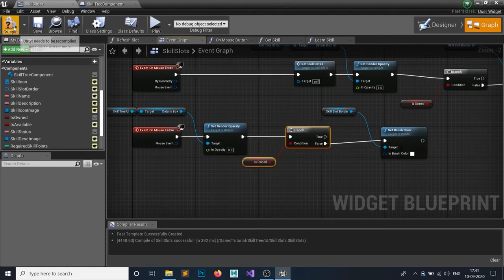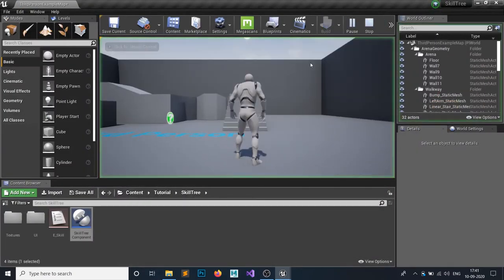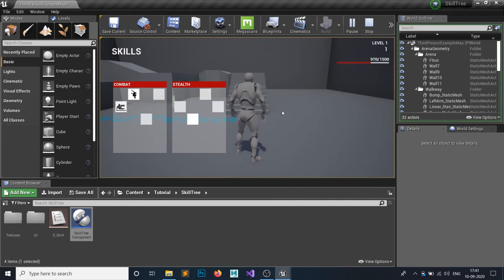Yep, hit compile and save, and this should work now. So we have added our 1 skill point. If we hit this, it won't work, so you can see this is not changing the border color to red, but if we hit here it is changing, and if I click in here nothing would happen because we don't have skill points to access this skill.